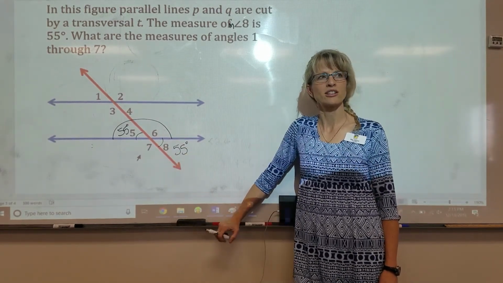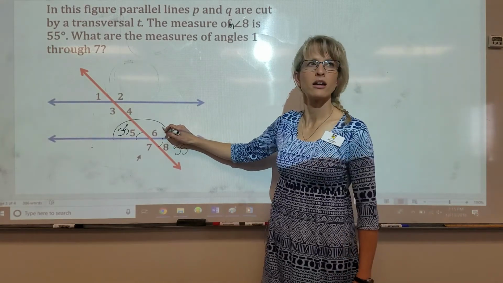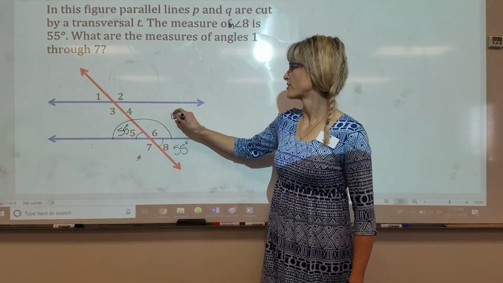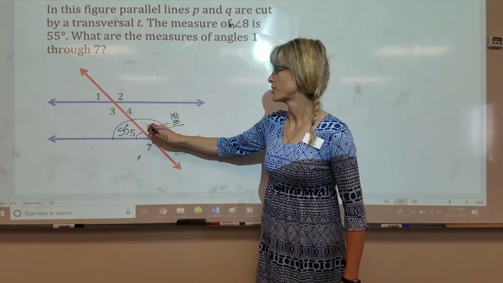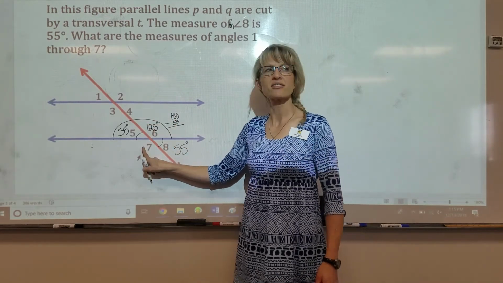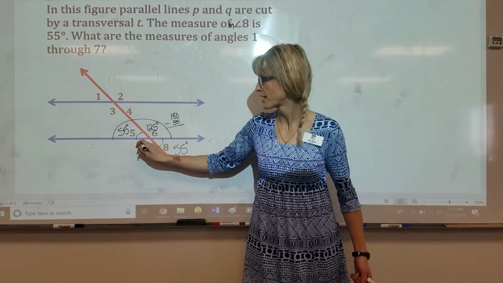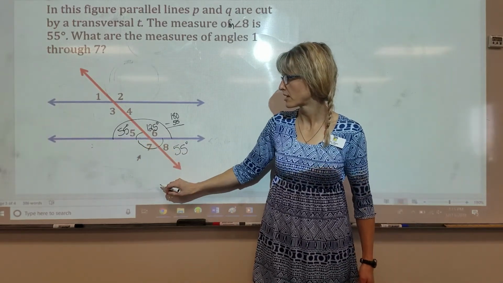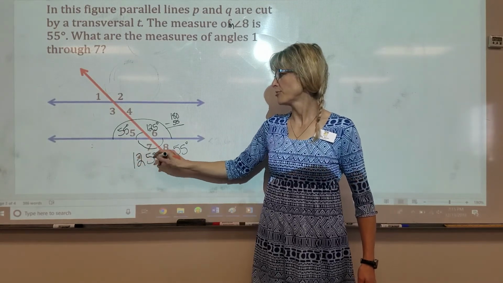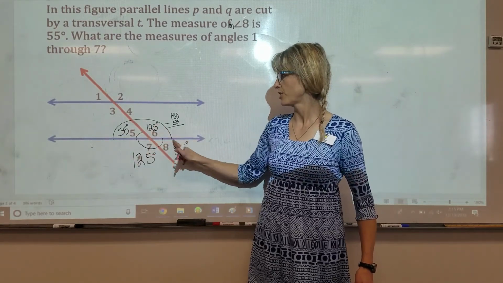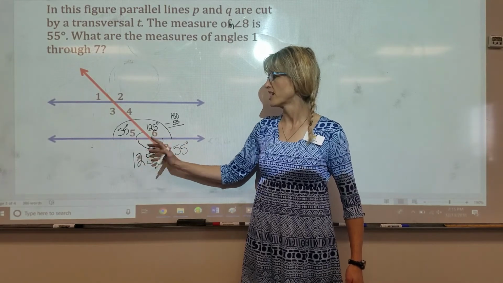Who have I not called on? Kaylee. Subtract 55 from 180. She didn't have to think. She just was like, boom, and I got it. It's 125. So then what's angle 7? Jasmine? 125 degrees. Would it be safe to say that this whole 55, 125, 55, 125, is that the same up